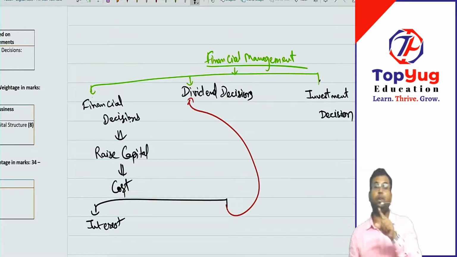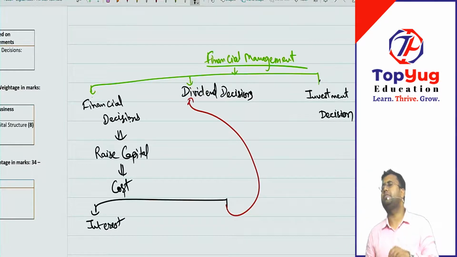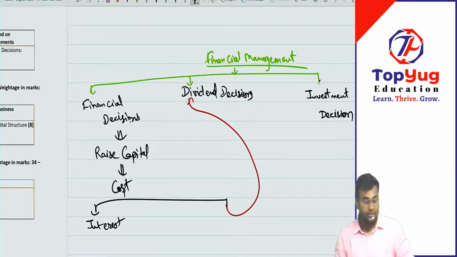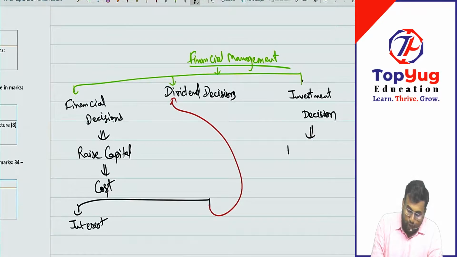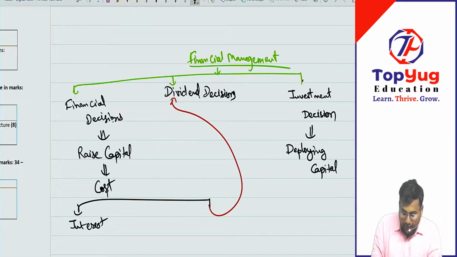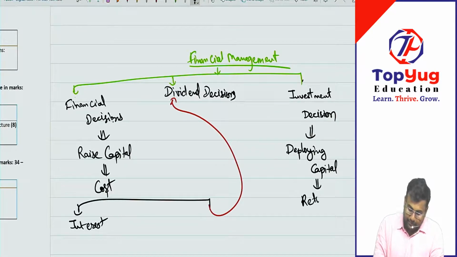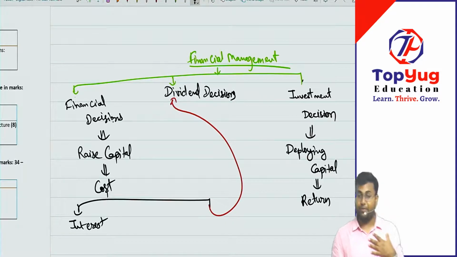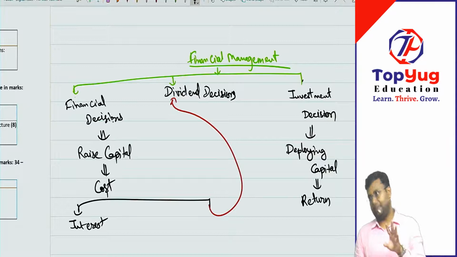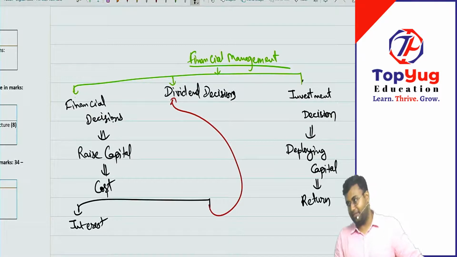The last one, the most important one, and the one which will tingle you every time, is investment decision, because it is a wide area where you can actually practice. Obviously, we have very limited time to discuss this. So, what is investment decision? Deploying capital. Once we deploy capital, we expect return. This is a definition which is given not by Pavan Goyal, it is by ICAI, right? So financial management is financial decision, dividend decision, investment decisions, right?